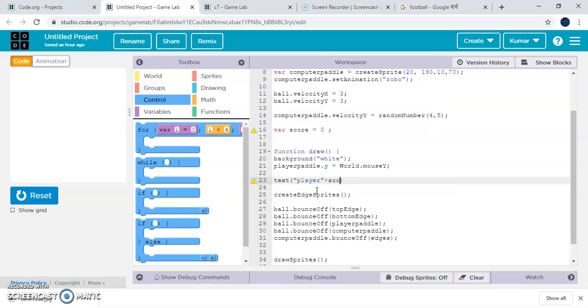Plus score, and then it will be 390 and somewhere.